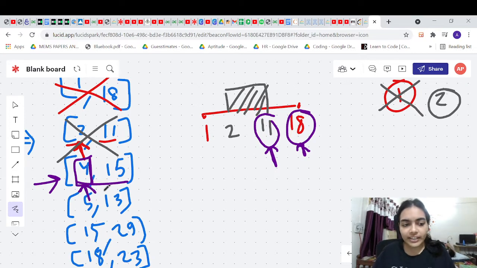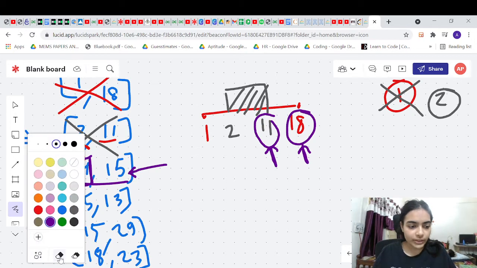Your meeting will start at time 4. So before these two meetings end, your meeting will start. Your current meeting will start. So there is no way you can accommodate it, right? So you need another room. Okay, you need another room. So we need another room for this particular meeting.